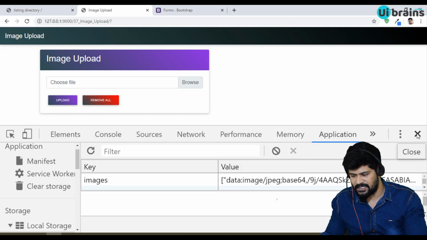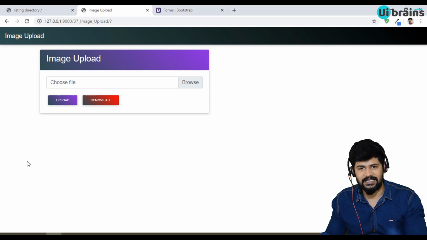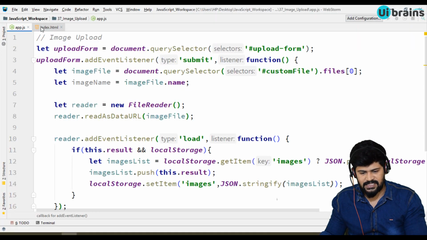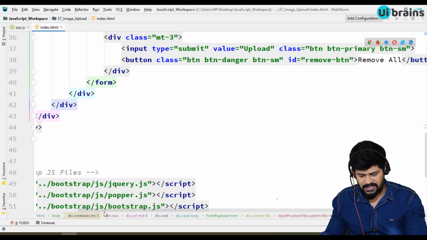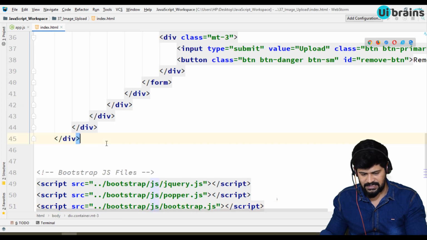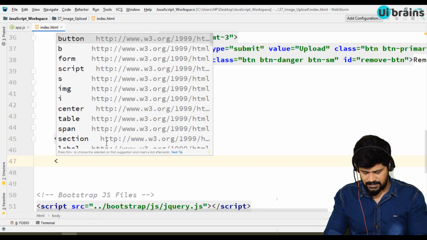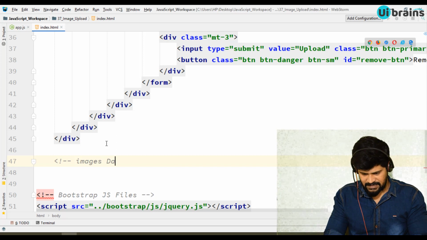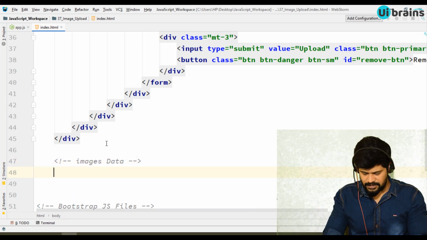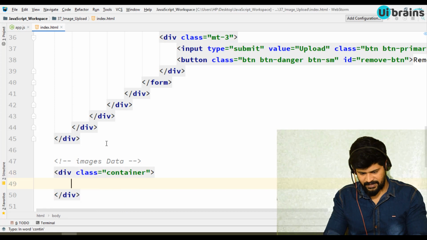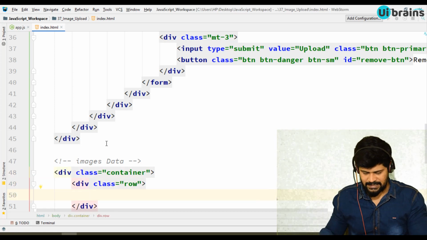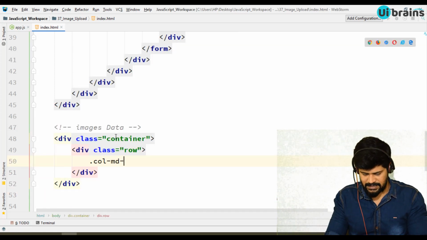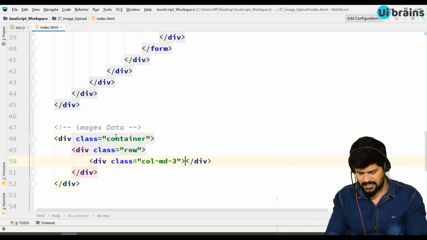So this data is stored in the local storage and we need to fetch it and display it on a page. How I want to display that image, let's make a design of that first. Let's say a comment, images data. I write one container, one row, and column, let's make it 3 columns.